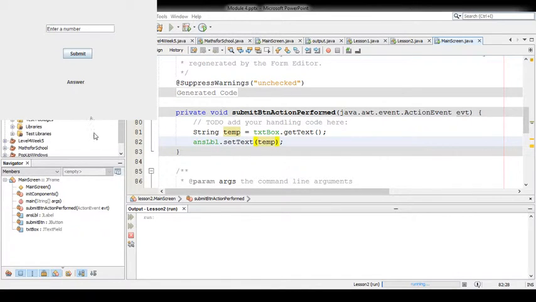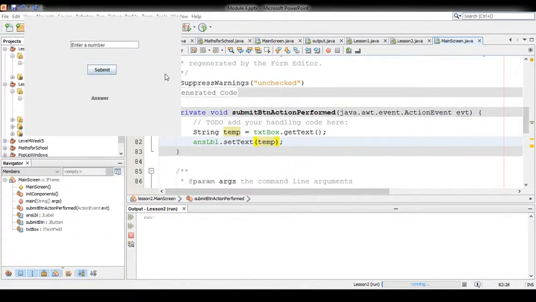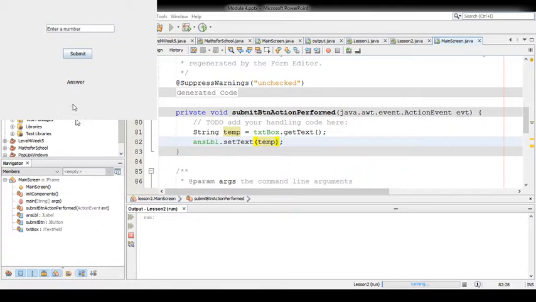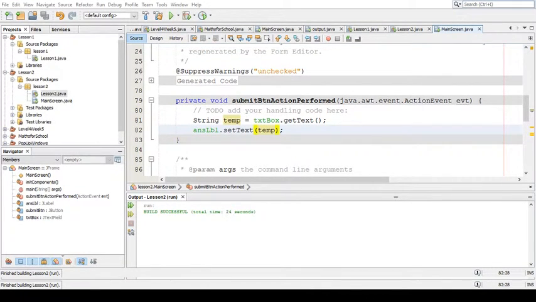There we go. That's what that looks like. That's what I want. So again, just press submit and it changes it to there. So that's working fine. That's what I want so far. But